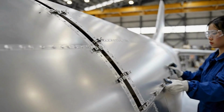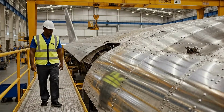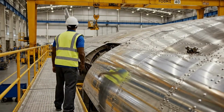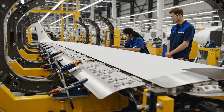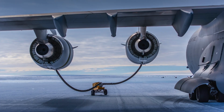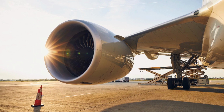Repeated imperfections can have major consequences in flight. This wing is not simply structure. It embodies control, efficiency, and adaptability. It allows the C-17A to fly long distances, carry massive payloads, and still land where few other large aircraft